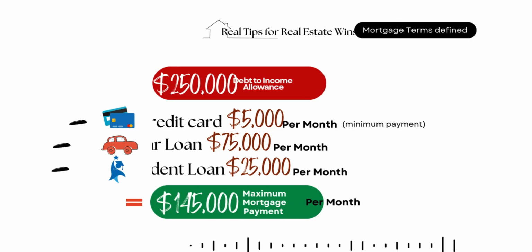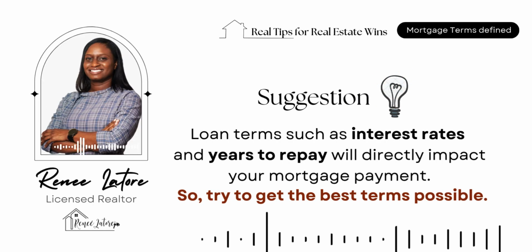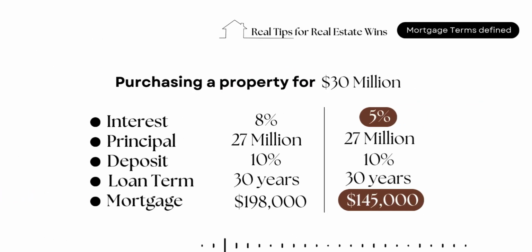Now that you know what your mortgage can be, you can focus on getting the best loan terms, such as the interest rate and years to repay, as these will directly impact your mortgage payment. This is why it's important for you to get a pre-approval, as you may be looking for a loan to purchase a property for $30 million over 30 years with a deposit of 10% with a principal of $27 million,